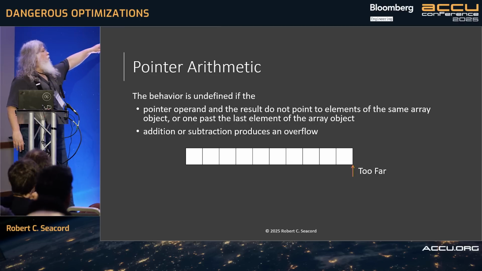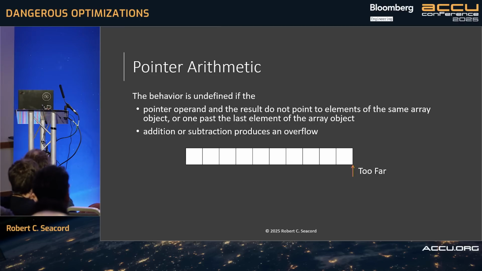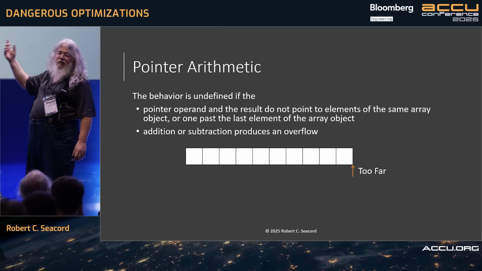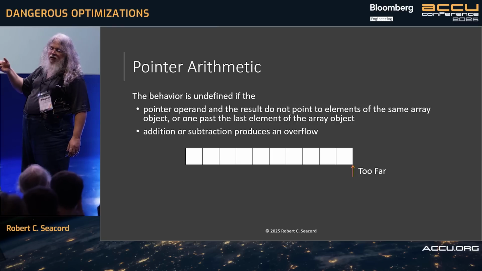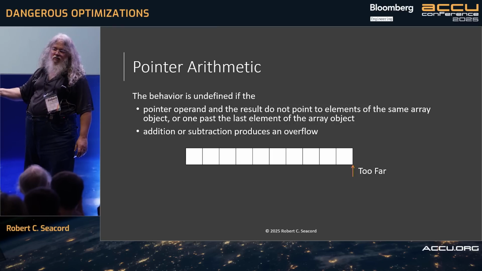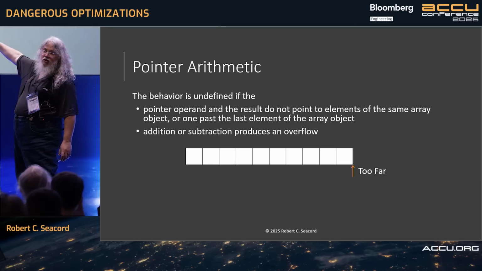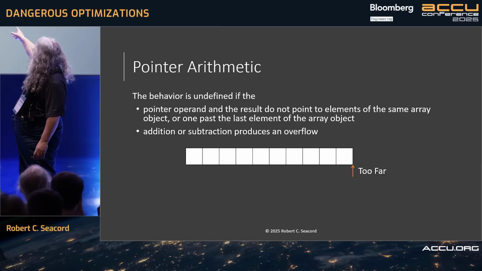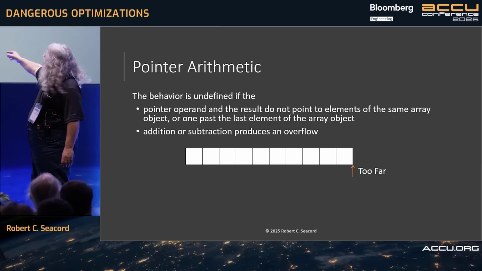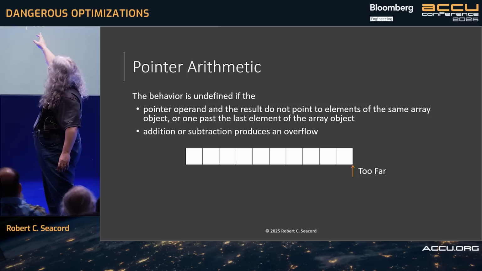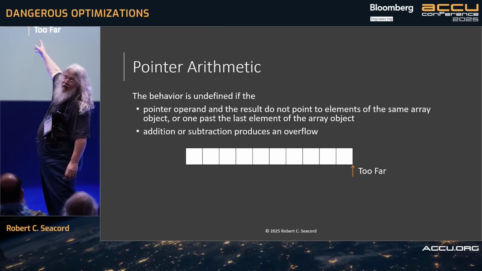So here's an array, and you can form pointers to each element. You can form a pointer to the too far element. And this is true because a lot of early C code before standardization just incremented this pointer until it reached the too far, and then they used equality with the too far condition to terminate the loop. And the ANSI C committee didn't want to break all that code, so they just said, yeah, we're going to allow for the formation of the too far pointer. But you can't dereference the too far pointer, that's UB, and you can't increment this again. So once you increment this again, you have UB.